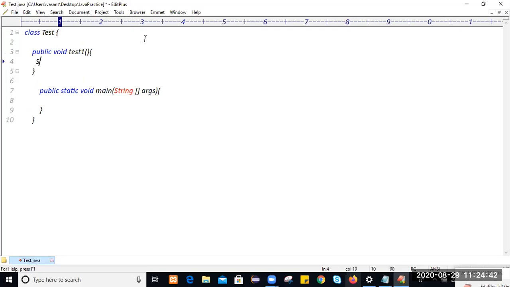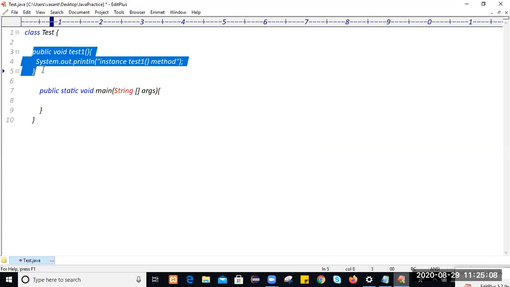Within this method body, we'll write some dummy thing, like we'll try to display one message, like this method is get called. What is the method name? Test1 method. And the method is static or instance? This is instance test1 method. So when we call this instance test1 method, the logic of instance test1 method will get called.